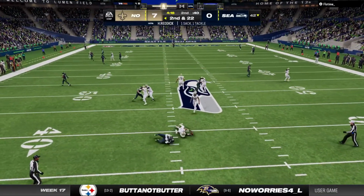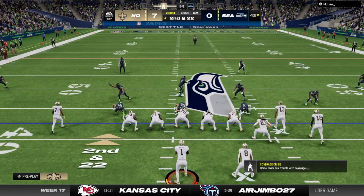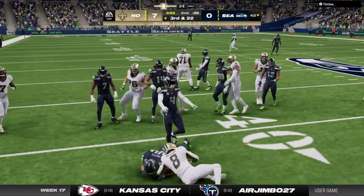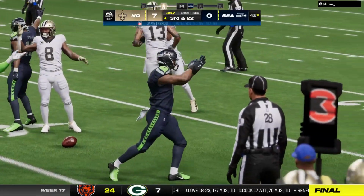Looking ahead. Nowhere for Fields to turn, and down he goes. That huge loss on the sack makes this job much more difficult. It's now 2nd down and 22 yards to go. And nothing doing here as this time the run maybe gets him back to the line of scrimmage, but that's it. No gain on the play this time. It'll be 3rd and